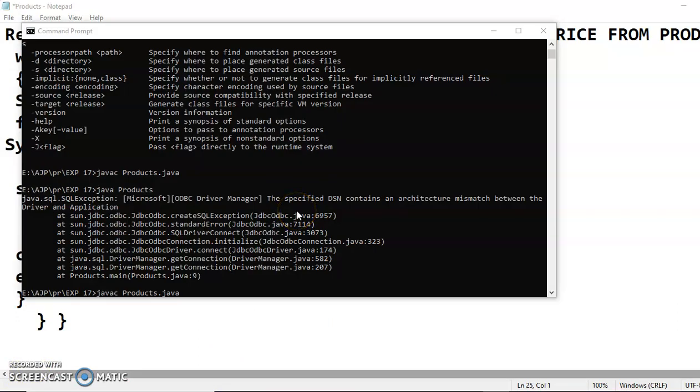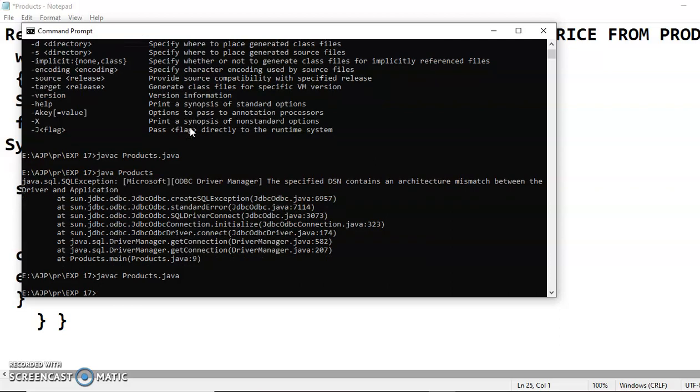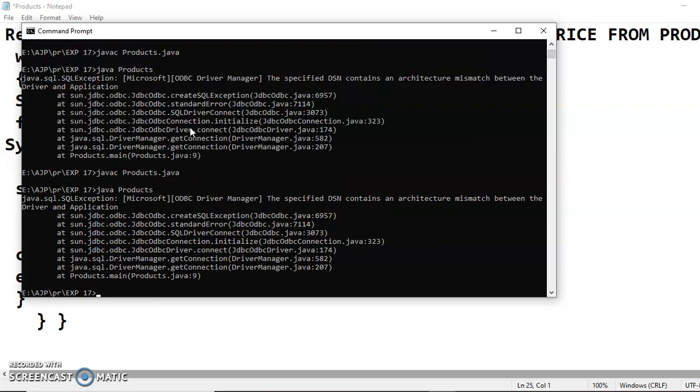So quickly we'll compile the program. It is successfully compiled. We'll run it. At runtime, there is an exception due to an architecture mismatch. This is because